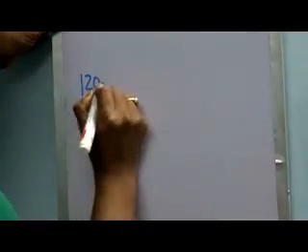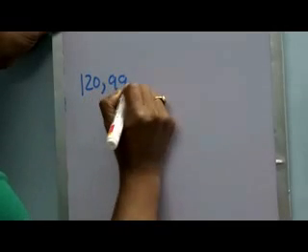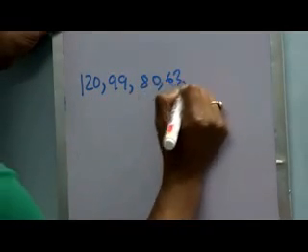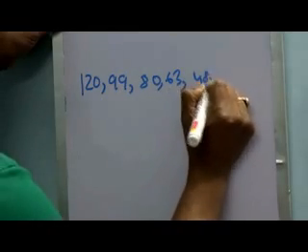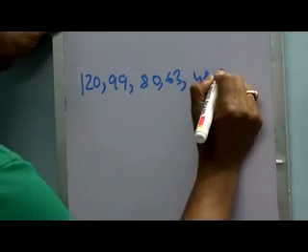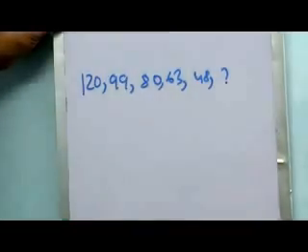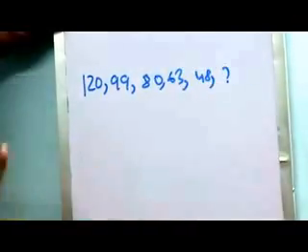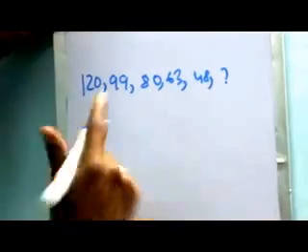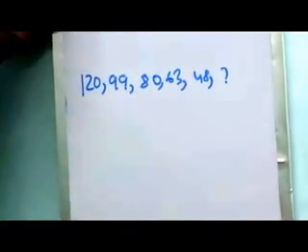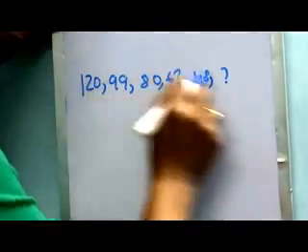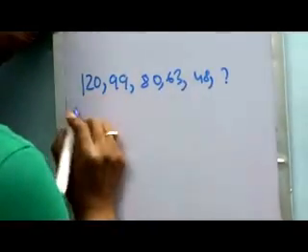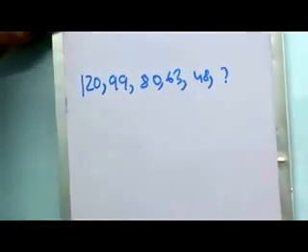It's 120, 99, 80, 63, 48. Now, in that particular case, the basic logic remains same. From 120 to question mark we have to move. So what is the difference between these two numbers, it's